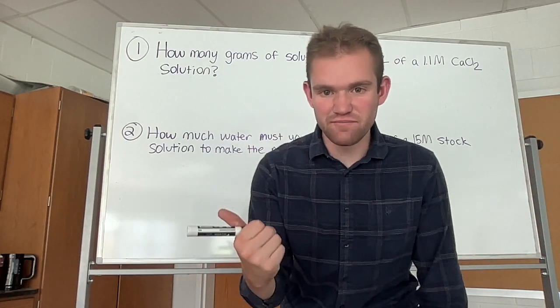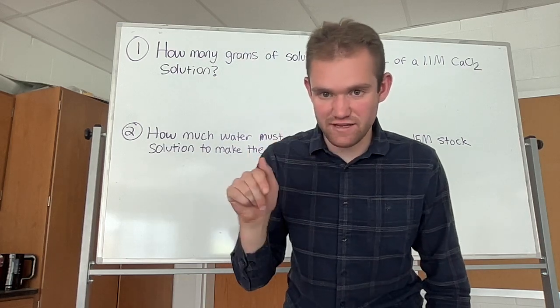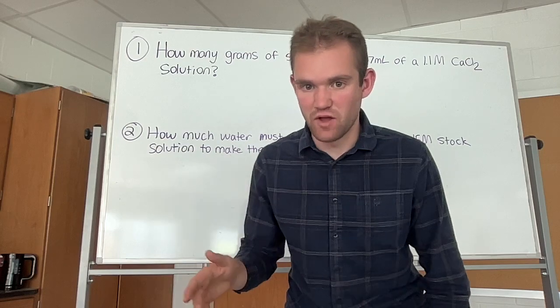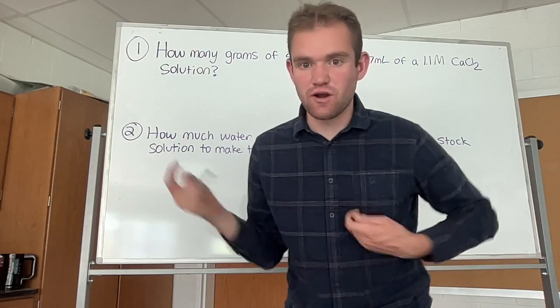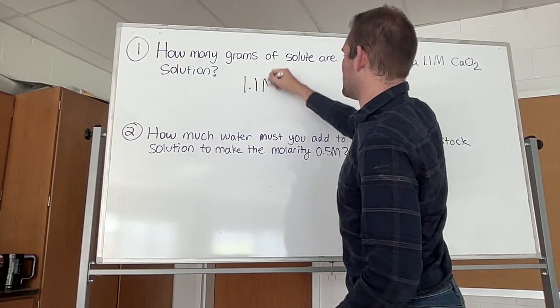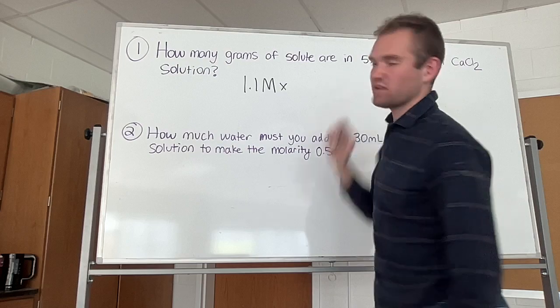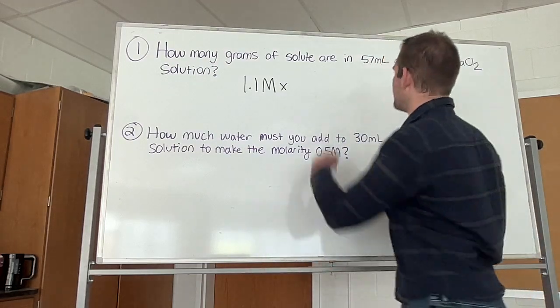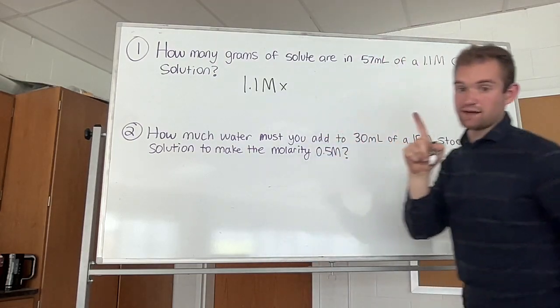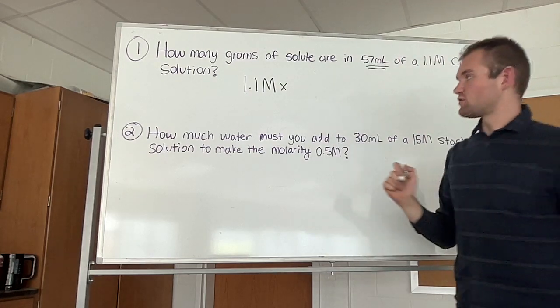If I have volume and I have molarity, I can get moles. Remember the equation, molarity times volume equals moles. So literally it's just a multiplication problem. Here we go. I have 1.1 molar. That's moles per liter. So moles per liter times liters cancels out liters. So we're going to multiply, careful, not milliliters. We need to multiply liters. So we're going to multiply by